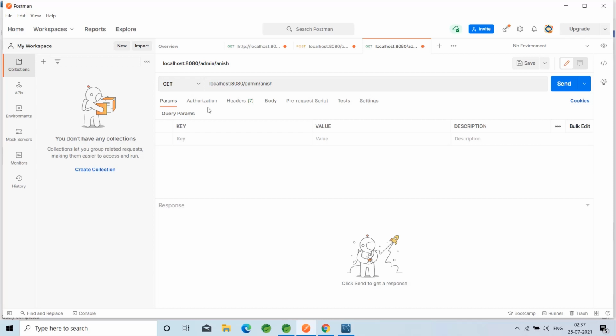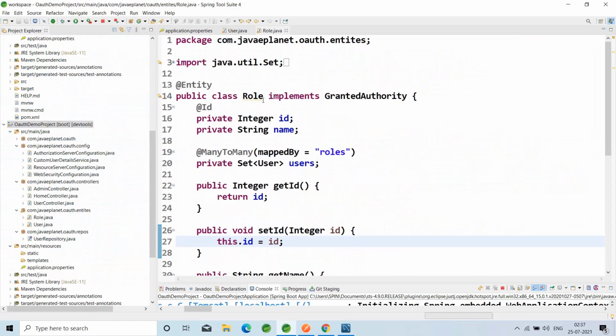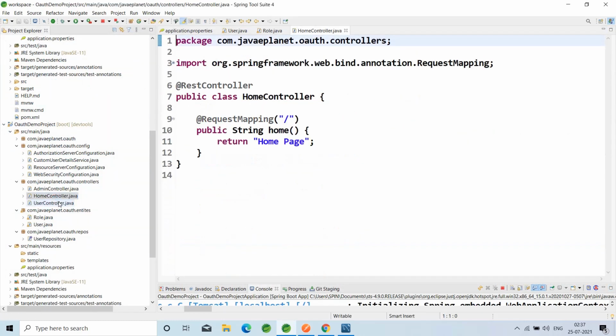I'm taking John's role, which has only user, John is not admin now. For that, I'm entering hello/home. Hello, user role, user accessibility.